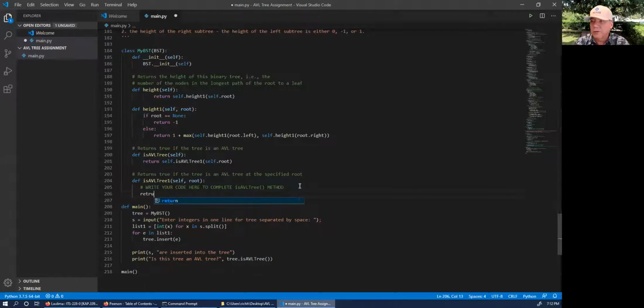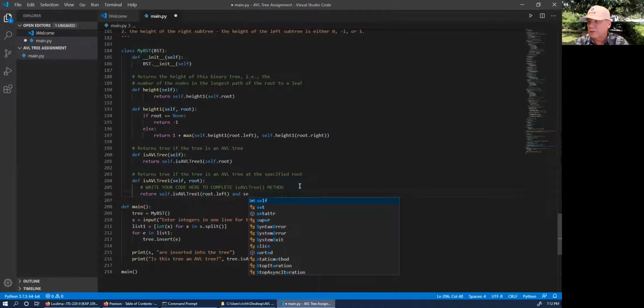So we're going to return if the self is AVL tree 1 of the left child, the tree off the left. If the left child is an AVL tree, and the right child is,